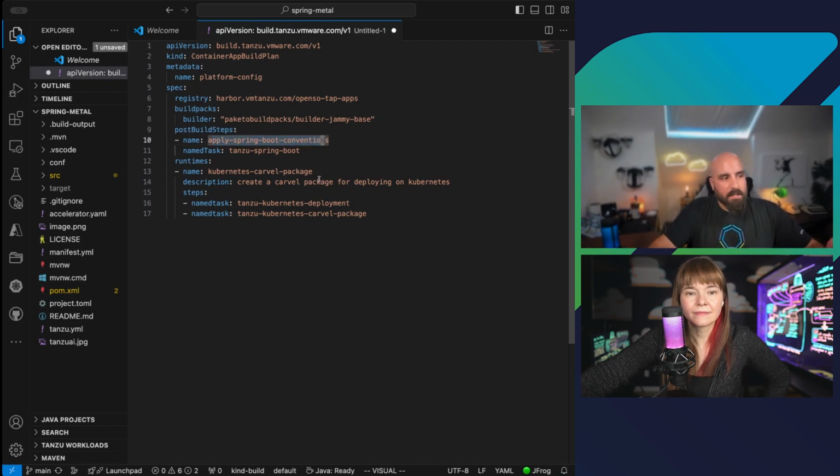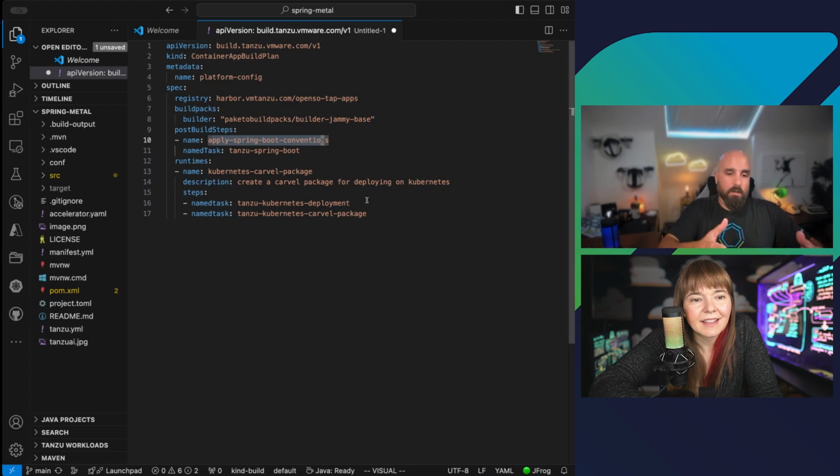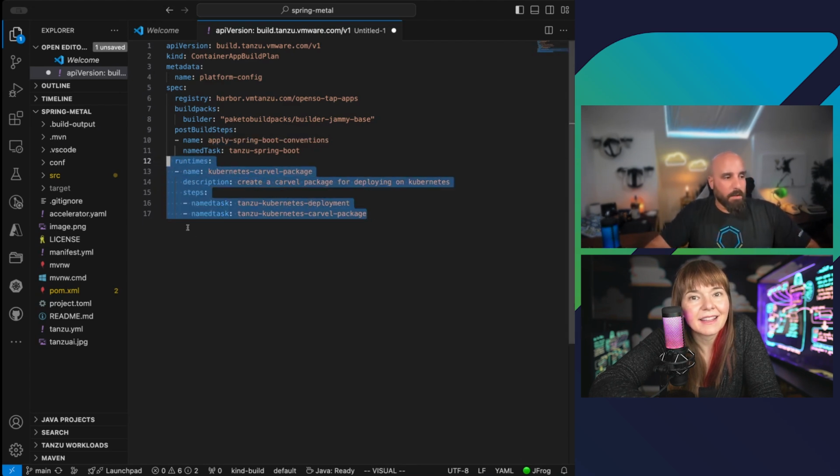So what we are adding as a post build step is applying Spring Boot conventions. That will automatically add to the different manifests, the different YAML files, all the configuration that is a best practice to run Spring in your environment, and we will see that. Another thing which is super important is that we've discussed how to create those different manifests and where we want to deploy them. In this case, what you're seeing on the runtime is a Kubernetes Carvel package, which means that